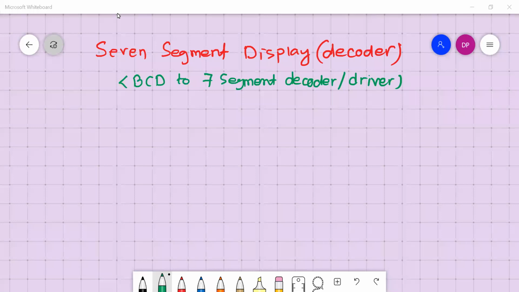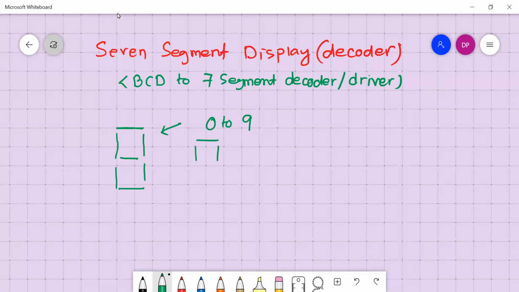In calculators, or you can say in some digital watches, you might have seen this 7 segment display which looks like this. Okay, this is the structure in digital watches, right? So this is a 7 segment display structure, right? This display structure can be used to display digits from 0 to 9. Okay, so 0 to 9.